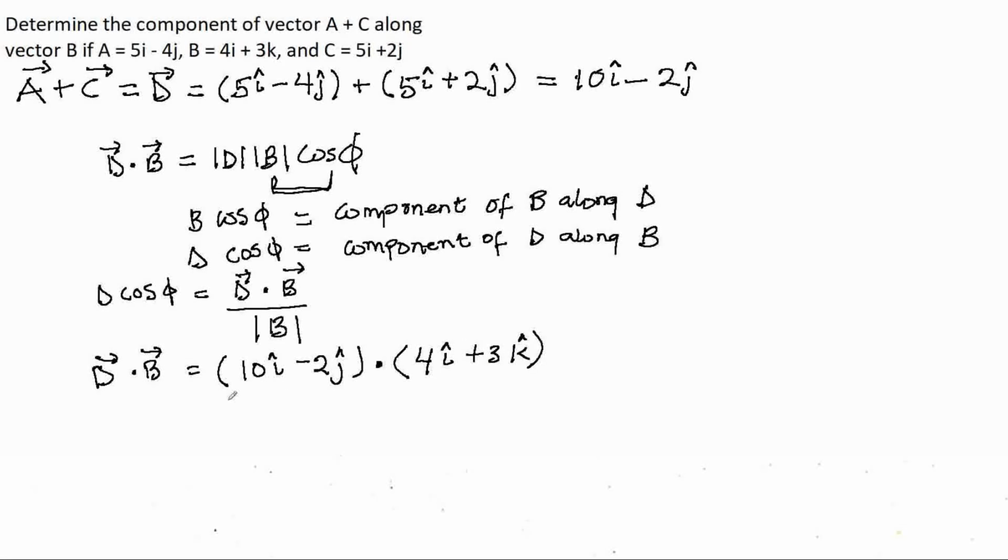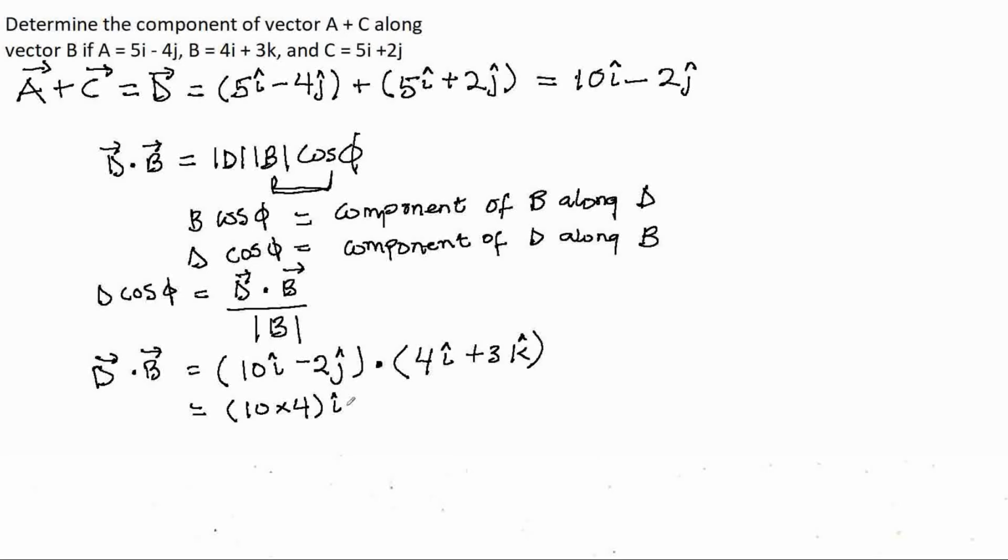With the dot product, we multiply corresponding components. So we have 10i multiplying 4i, so we have 10 times 4, then i dot i,